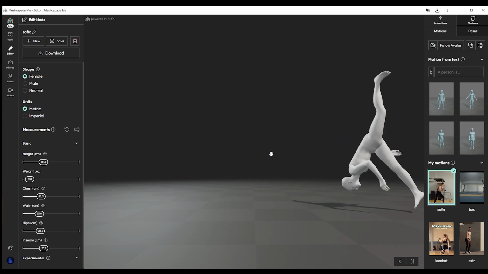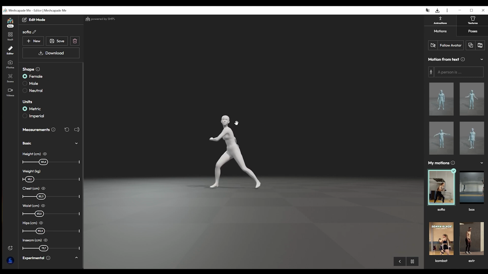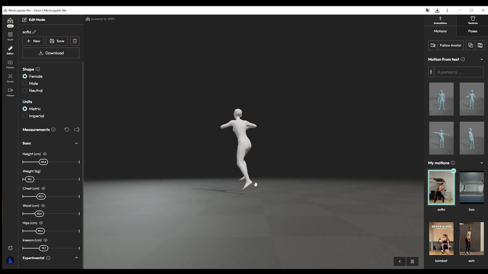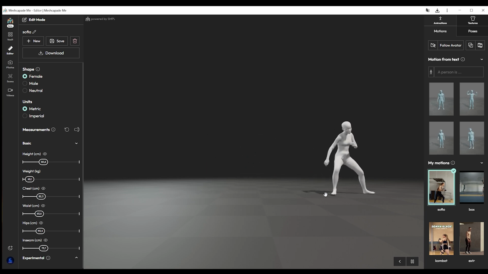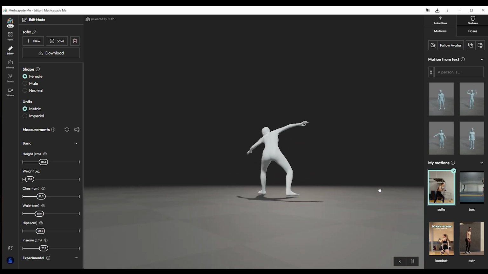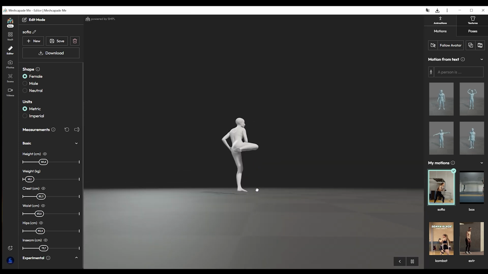Well, here we can see that it captured pretty well. It also copies the body of the person in the video and their movements. We can see that there is no foot sliding. We can see that it doesn't lose contact with the floor when doing a spin in the air. It lands back in the same spot. So the capture is pretty good. The body is also in a good position. So that's it. The only thing we have to do now is export it.